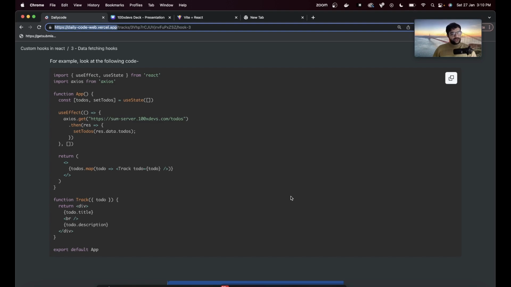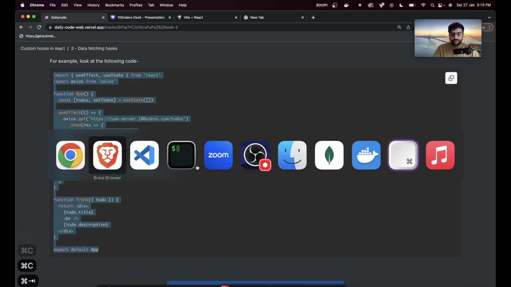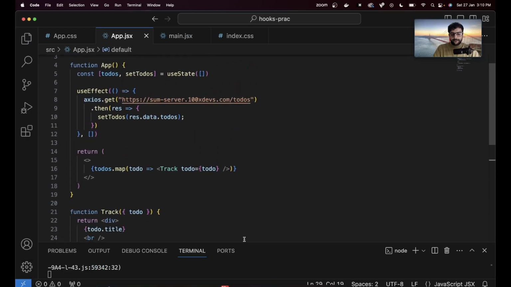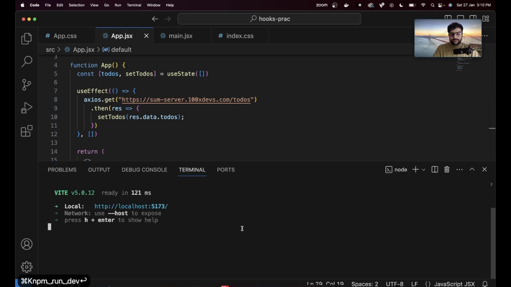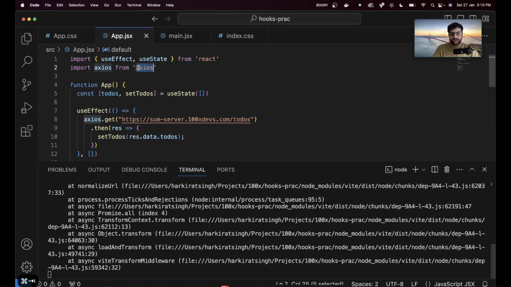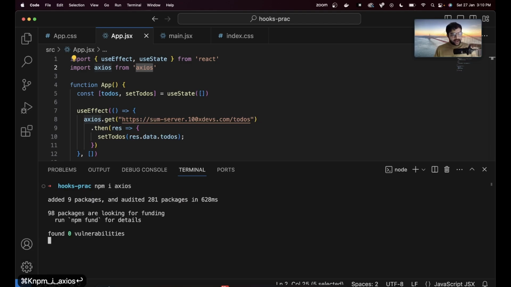Great. Assuming most people understand this, we have done this many times. Let's copy this over and make sure it actually runs. You have a basic functioning to-do application. If I go here, it says Axios does not exist. This is the library that we are using to send backend requests. Hopefully this is clear. Rather than using Fetch,